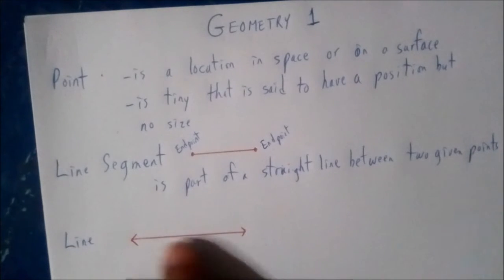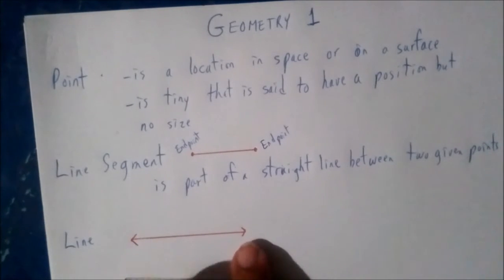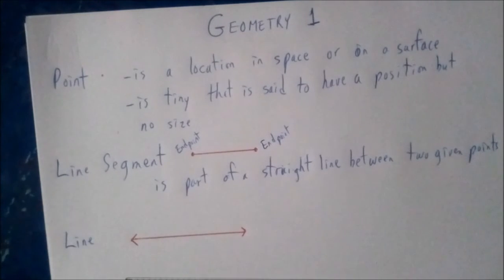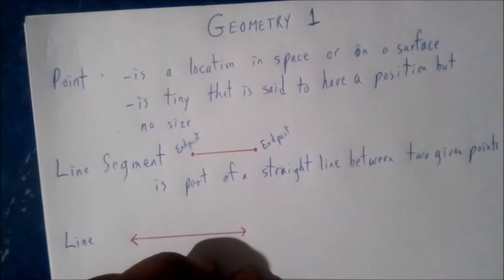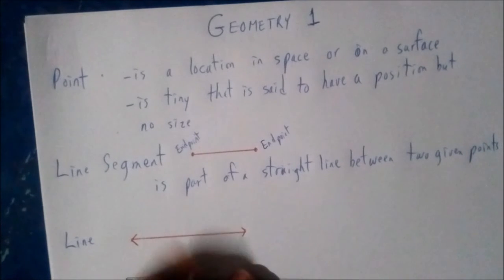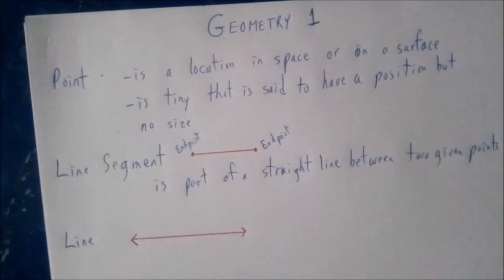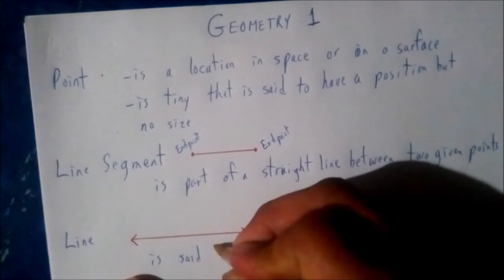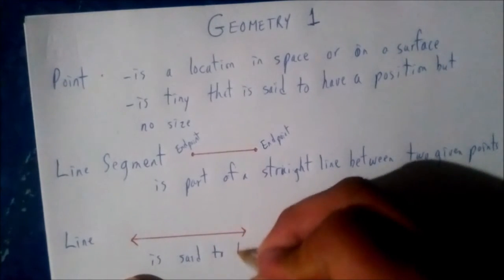So what can we say? These arrows represent that this line here will extend infinitely. In other words, it keeps on going and going and going in both directions, and that is known as a line. Okay, so that is in geometry. So let me give you a definition for a line. A line is said to have